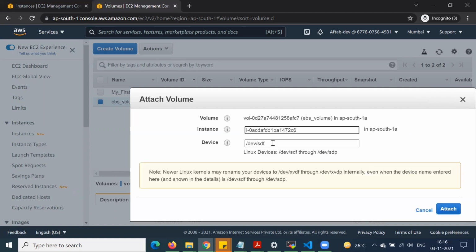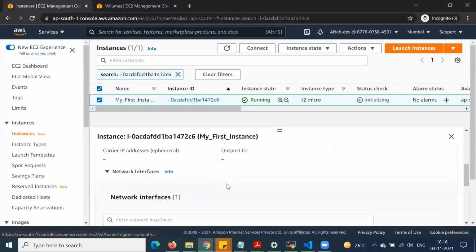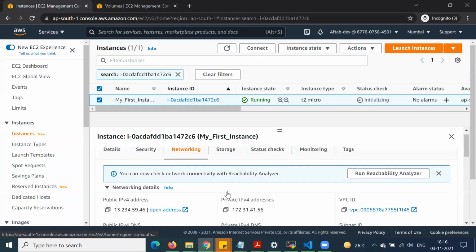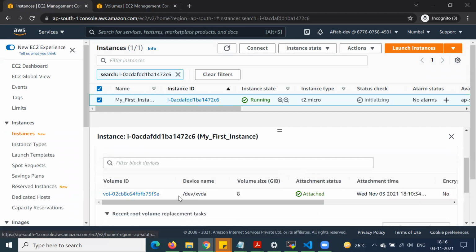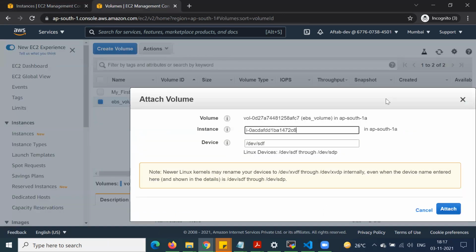We need to select from here, and you can see that by default the device name it is giving is /dev/sdf1. For now, you can see there is only one attached EBS volume in the storage section, and there is no other device. Only /dev/xvda, and it is attached. It is an 8 GB volume size. And once we click on this attach,